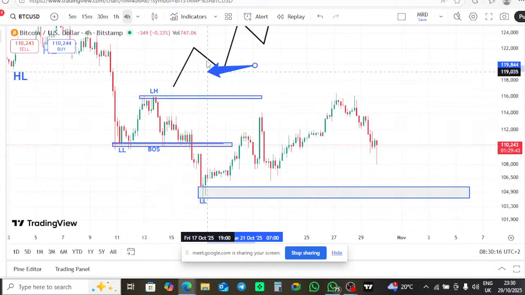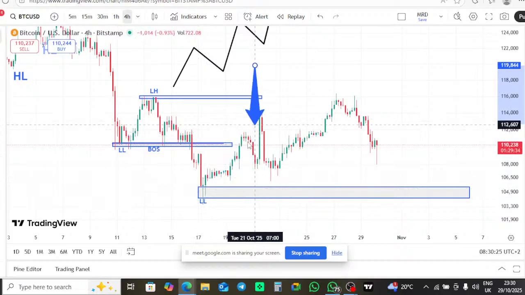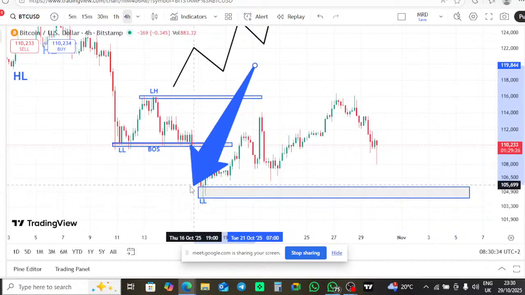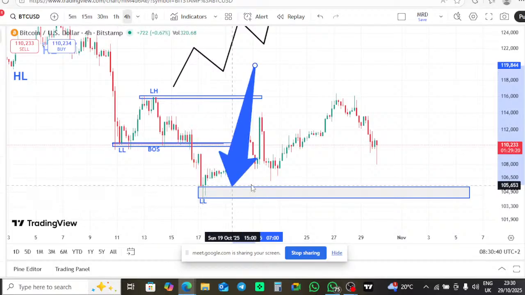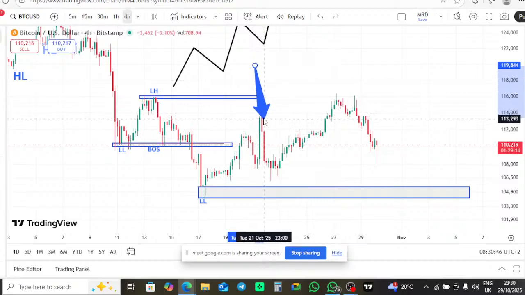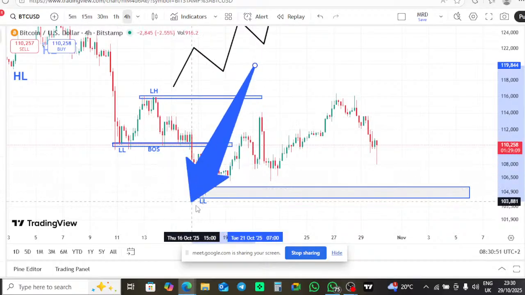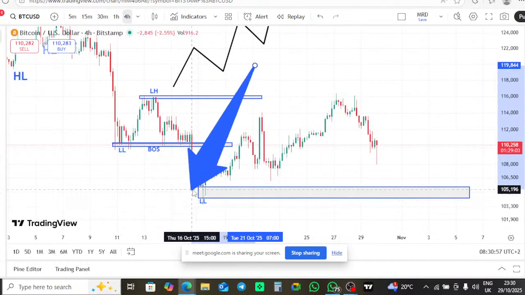After breaking this level, meaning we are changing the character. After breaking this level, meaning we are breaking the structure. We are forming another lower low. Therefore, here we can see the market trying to change the character. Why? It failed to come back to this level and break it. Are we together? It failed, meaning this is our support currently, and we have resistance, and this was resistance also. Are we getting the point? If we fail to come back and break the level, this will be our demand zone or a support.